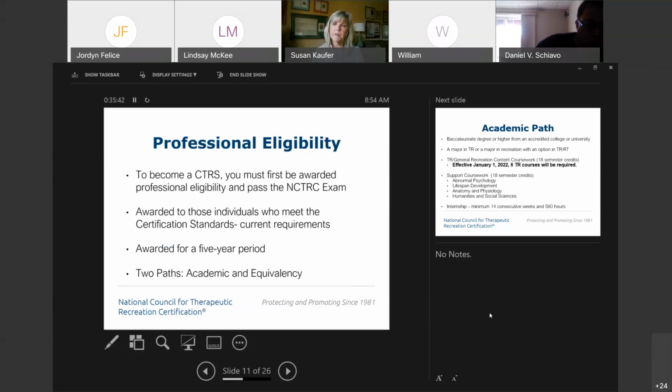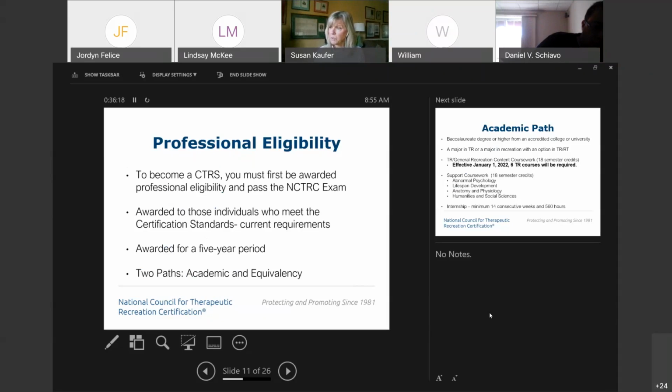once you complete your education, you may think to yourself, well, I'm not quite ready to sit for the exam. I need to prepare a little bit more. It's always a good idea to gain the professional eligibility after you have completed your education. This way, you know that you are aligning with those current standards. You're not going to be up against any certification standard changes potentially. So know that once you gain that professional eligibility, you have 5 years to take the test. This is a good thing to know.